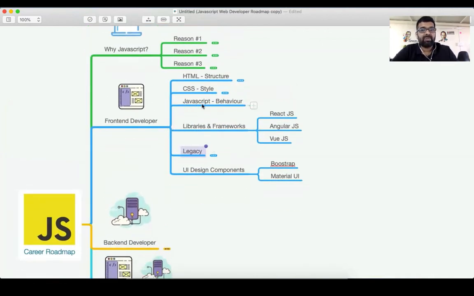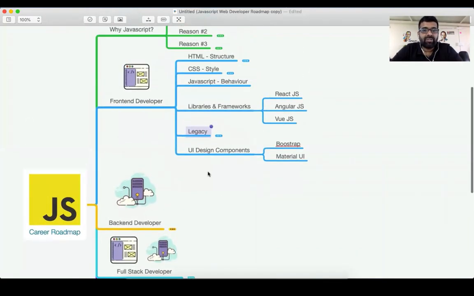And again, in JavaScript, you'll have one more version of JavaScript. It's called ES6. So there are two versions that you'll have to learn. You have to learn an ES5 version, as well as an ES6 version. During your interviews, they will ask you both. What is ES5 JavaScript? What is ES6 JavaScript? What are the differences between them? All of that you will be asked during your interview process. All right. So that becomes our front end,